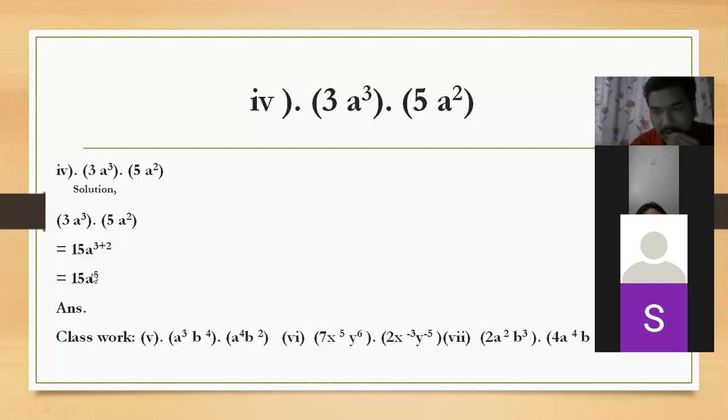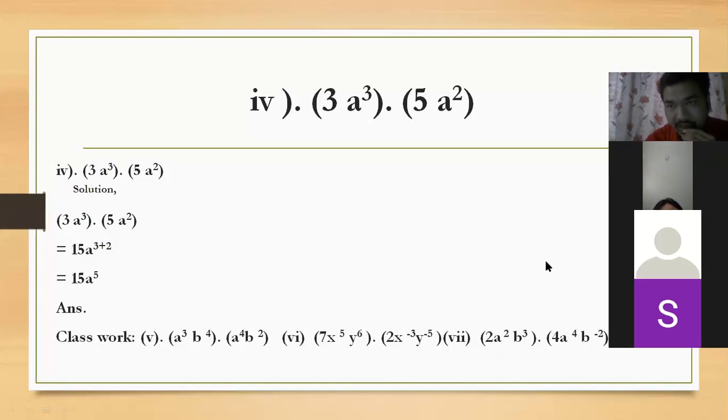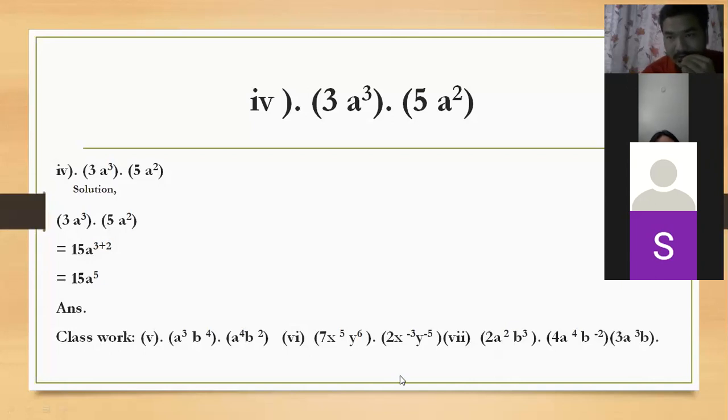Similarly, to solve this classwork, there are 3 classwork questions. Please solve and find out the answers. Okay, children? Number 5, one: a to the power 7, b to the power 6. Very good. And number 6, let's solve both BI and BII. If there is a given coefficient, first of all multiply the coefficient.